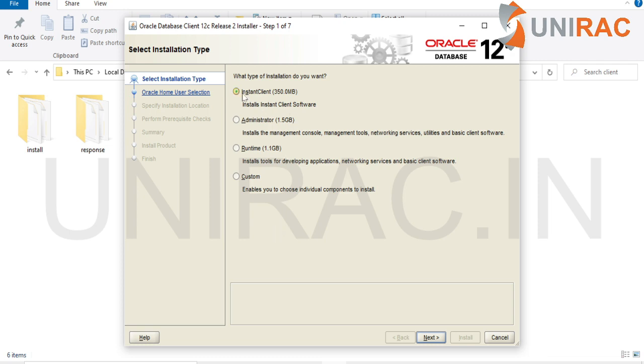We have options like instant client, administrator, runtime, and custom. We'll go with administrator, where we get the management console and management tools with networking services to configure, and basic client software to install. The space needed is 1.5 GB. If you only want the client software, you can choose the instant client with 350 MB, but I'm going with the administrator. So let's click on next.